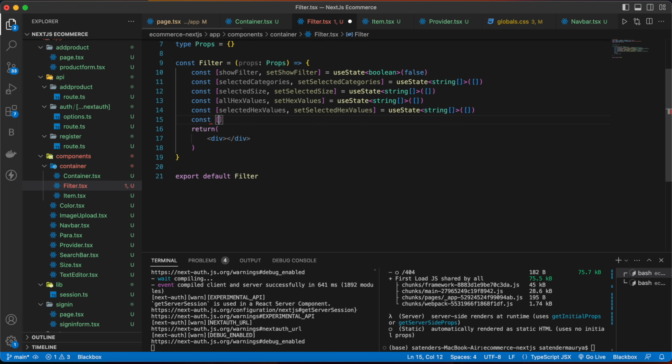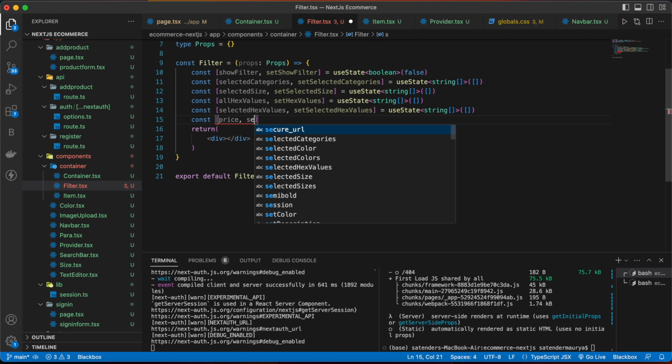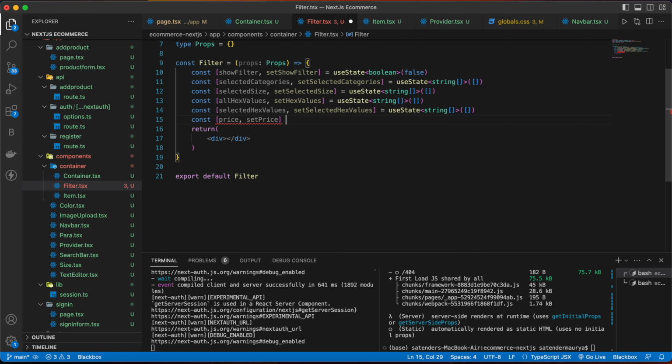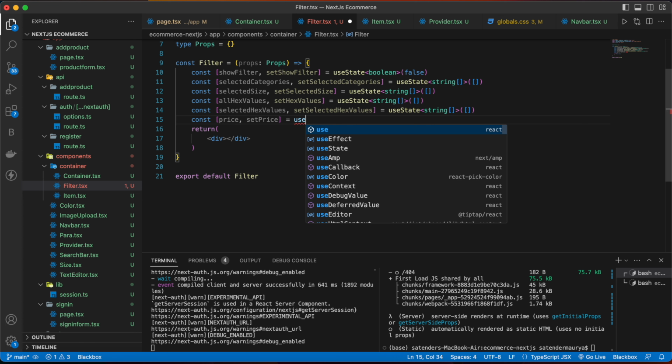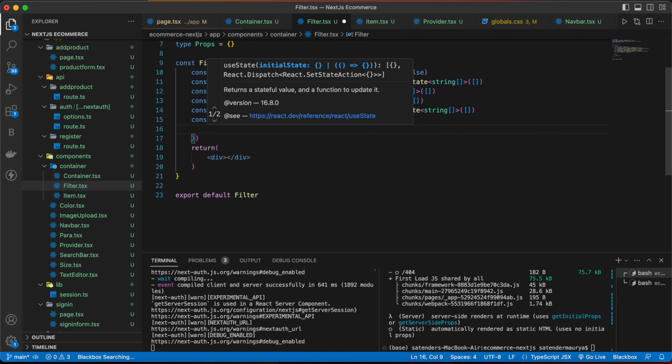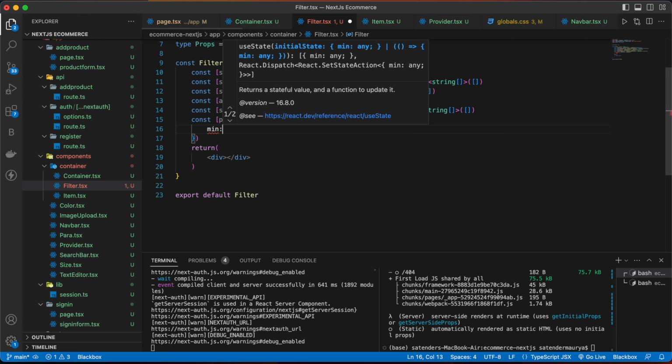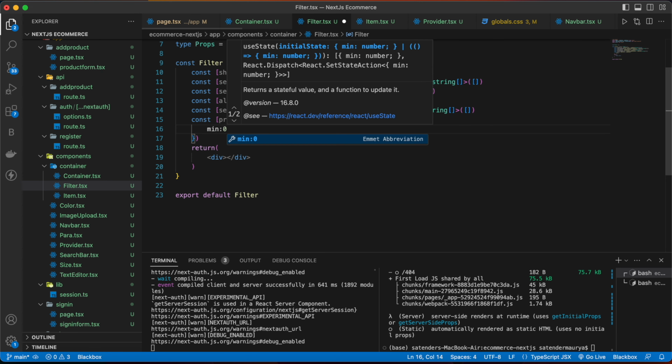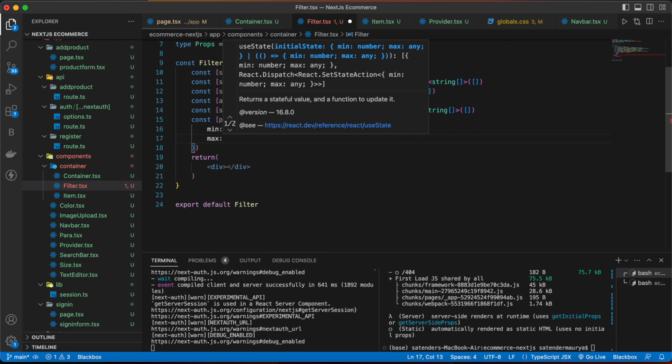Next we are going to have state for price, setPrice, useState, and it will have an object, min will be 0 and max will be 100.